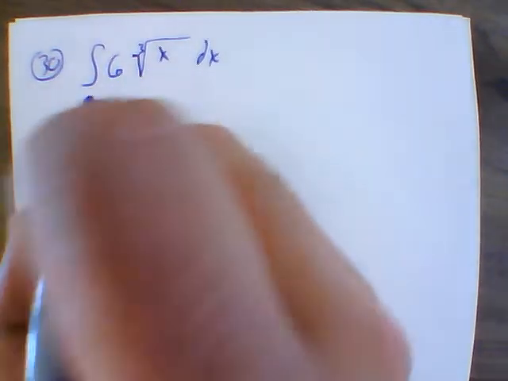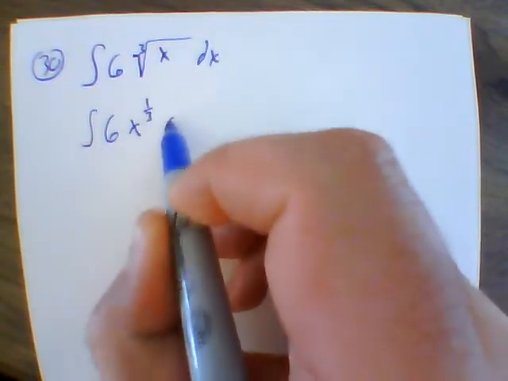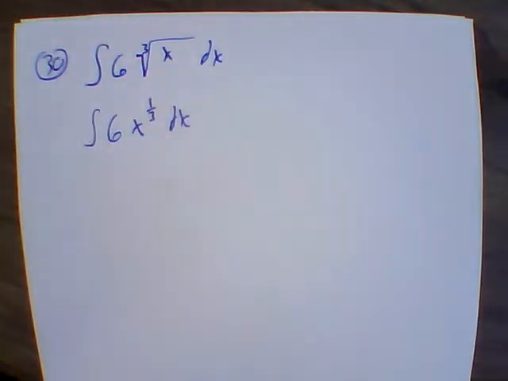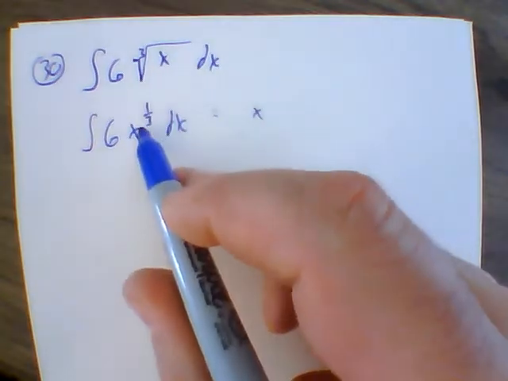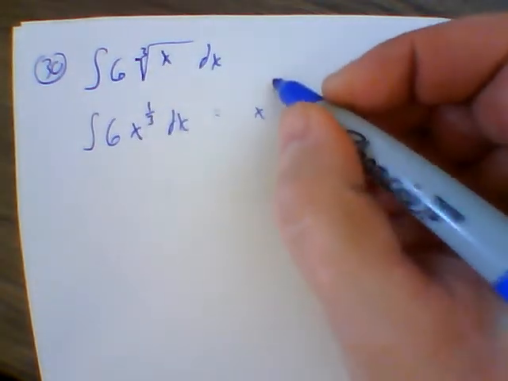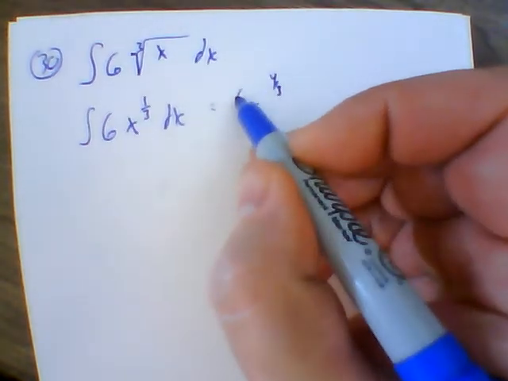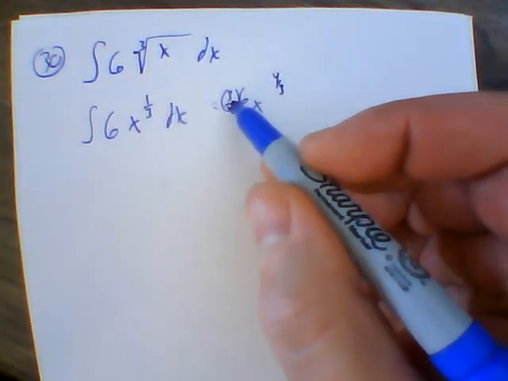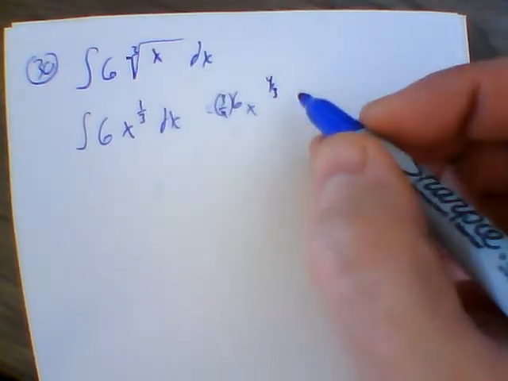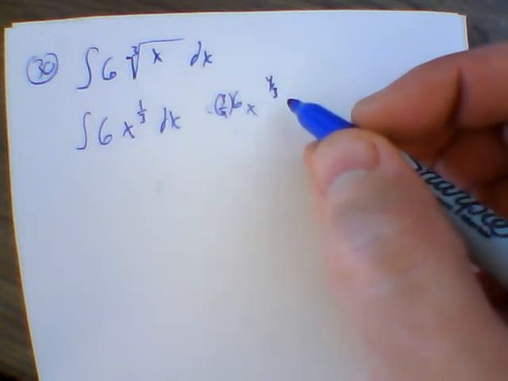But we would write this as an exponent. So once again, we have a rational exponent. Now we look at this and say, okay, add 1 to our exponent. So 1/3 plus 1 is 4/3. We're now going to divide by that, or basically multiply by the reciprocal. So we're going to multiply by 3/4. And then we're going to have, once again, our plus c,